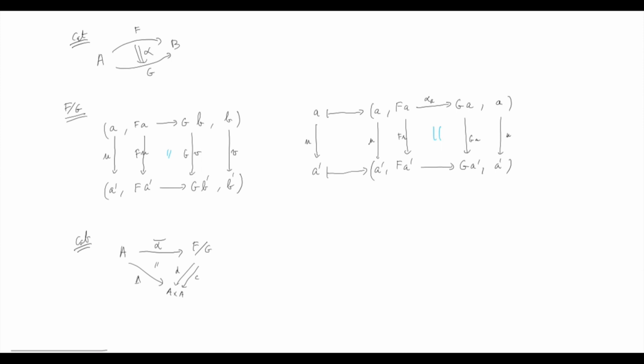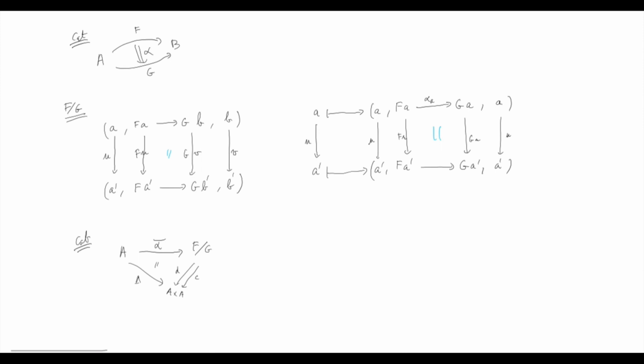Now, this functor alpha bar has the extra property that if we start from F over G and just consider the first component of the triples, that would give us a functor D. Or if we consider the last component of this triple, which will give us a functor C,